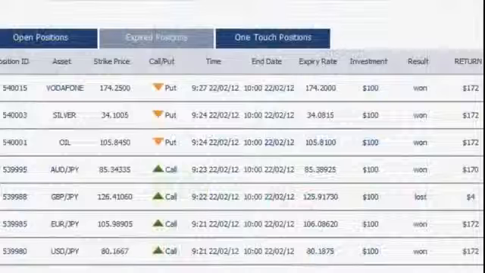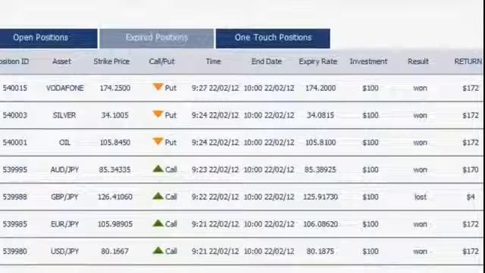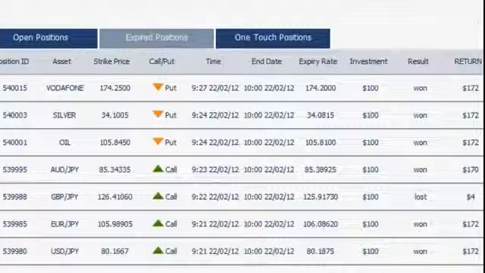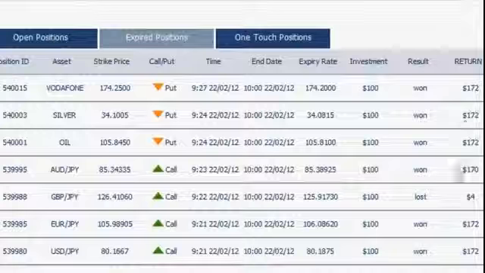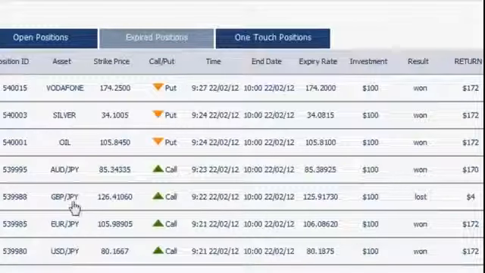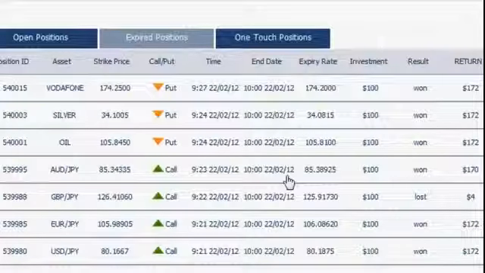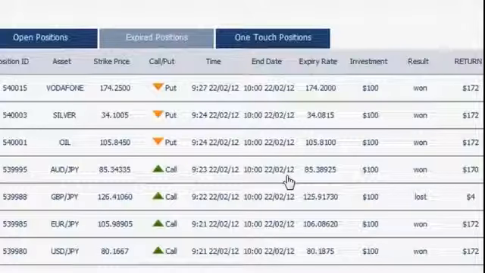By now all of our positions have expired and can now be viewed in the expired positions section of the table, which you can see right here below. In total, we won 6 positions out of the available 7 and lost only 1, which is the GBP versus the Japanese yen. It is very important to remind you that it is perfectly normal to lose on some positions,